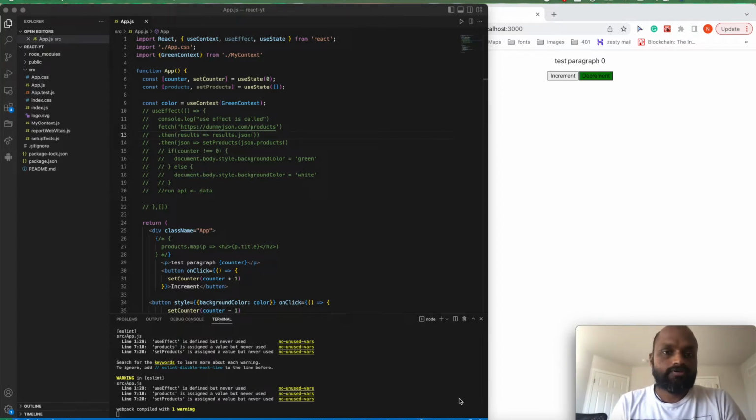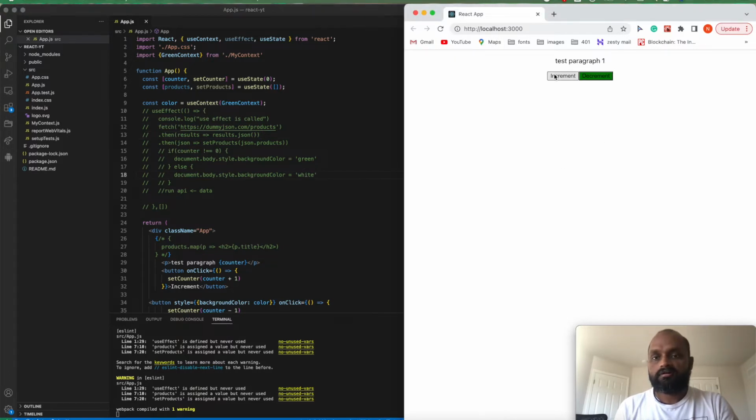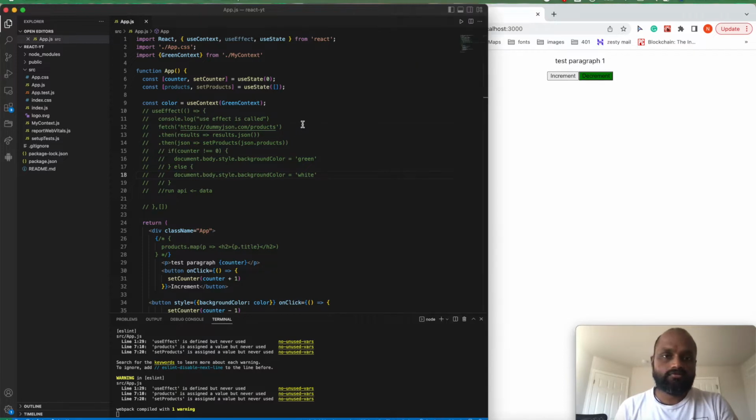So until now we've seen useState in this component. You see the app component, and using state we are setting up incrementing and decrementing the counter. So what it looks like in the app, see, it's incrementing and then you can also decrement. So we're doing that logic using useState. This is pretty simple logic, but if it becomes more complex, that's when you use useReducer. But for proof of concept purposes, let's use the same implementation and see how we can do this using